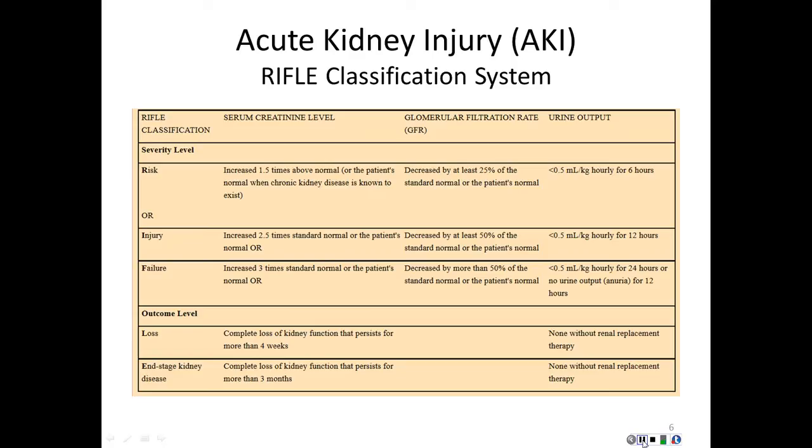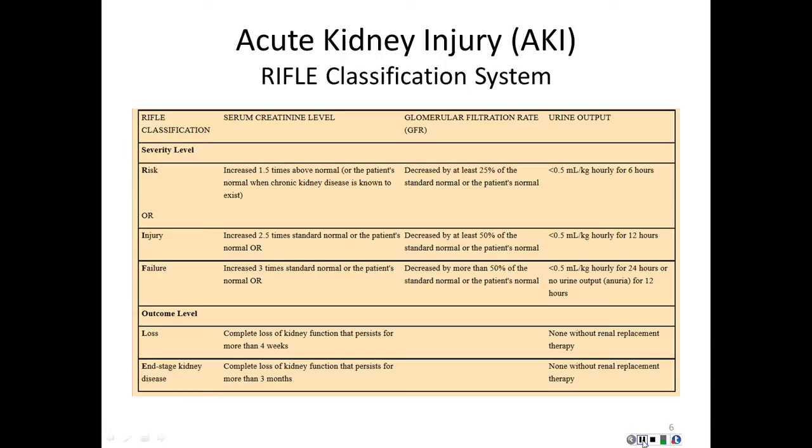Identification of acute kidney injury at any of these levels and then proper management can prevent progression into a non-reversible state. So if we identify the patient in the R, I, or F categories and we provide treatment to these patients, typically we're going to get a return of kidney function. Now, that kidney function may not go back to the normal that the patient had before, but you may see kidney function that is enough to allow them to proceed with a normal life.